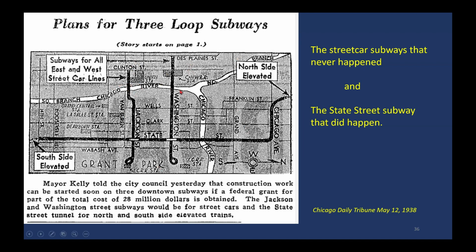Now, I'm not going to get into the particulars, but there were actually three tunnels underneath the Chicago River that just went under the river and then came back to the surface. But there was an expectation that these tunnels would be extended east to Grant Park near the lakefront as streetcar subways, the same way as you have it in Boston or Philadelphia or San Francisco. The grant was filed, and